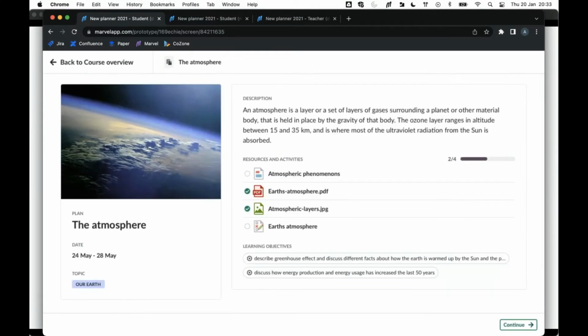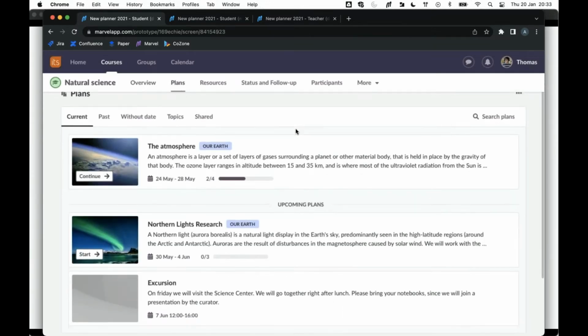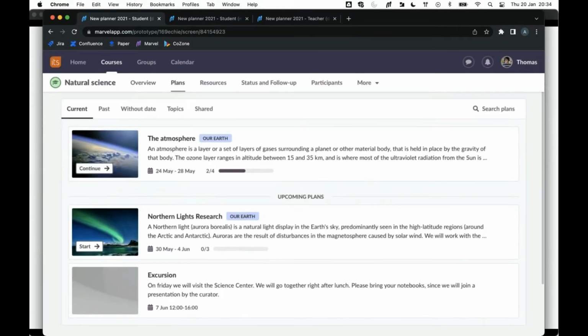So when I go back here, you will also see in the introduction page or the start page of the plan which resource I've completed, how far I've gotten, and that is also represented in the plan card here. If I go into the plans, it's automatically clear which plan I have completed or not, especially when I go also